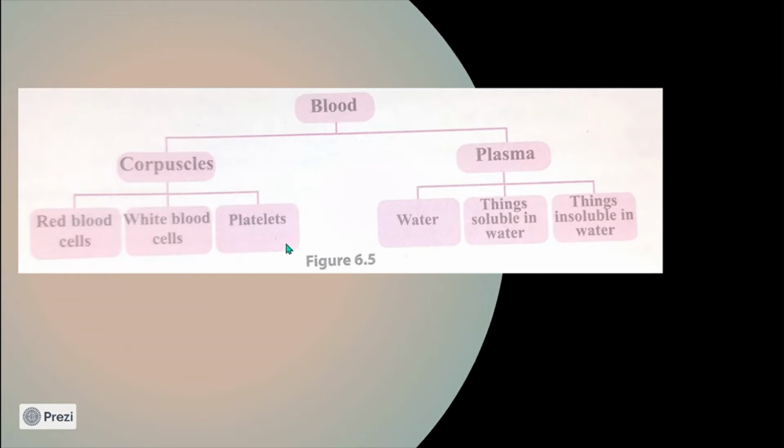The clotting process is the main function of platelets. But unfortunately, some virus infections cause a rapid decline in the platelet percentage. For example, dengue. Next, plasma. When we look at the function of the plasma, the main function of the plasma is transporting substances dissolved in it.